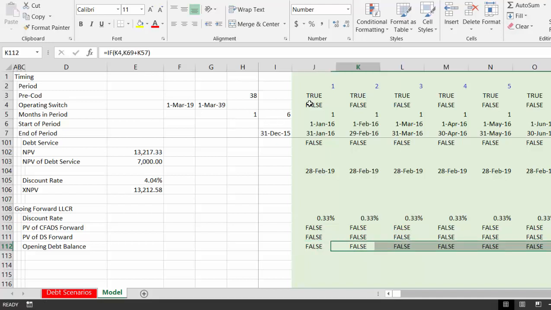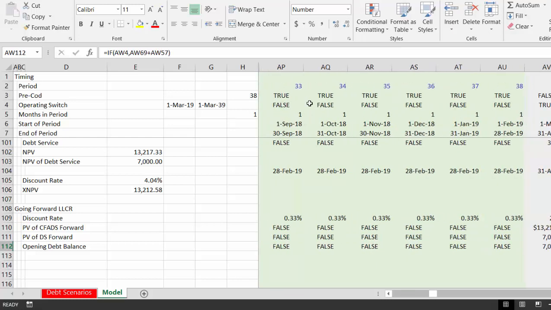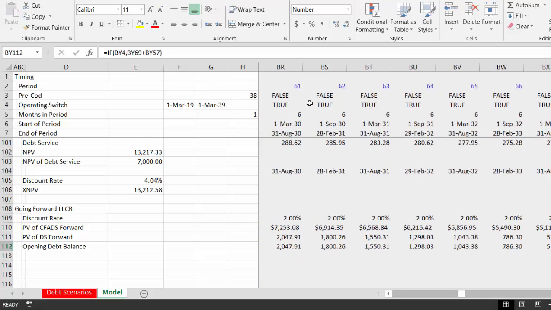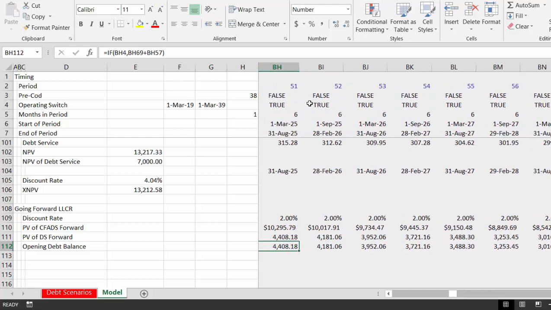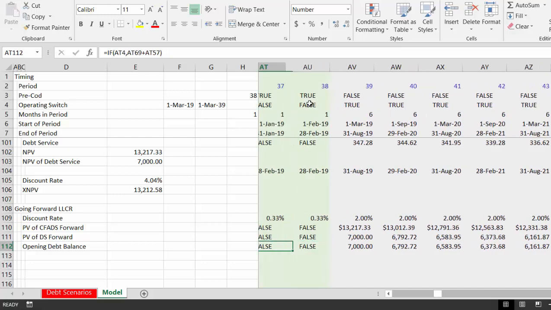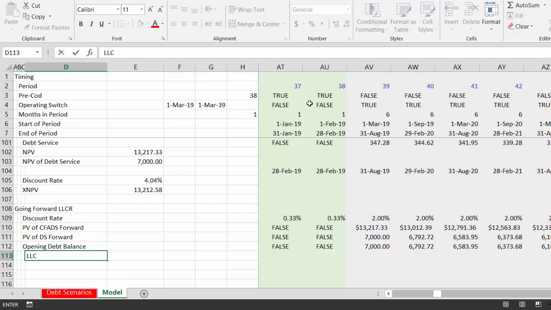So we could, if we had a constant interest rate, if our interest rates were the same on both different securities, we could compute that, and basically I think that's really proof of the LLCR, and it's proof certainly that you should use the opening balance of the debt, and it's a proof that you can just go forward and compute this LLCR. So let's finish this up by putting an LLCR for,